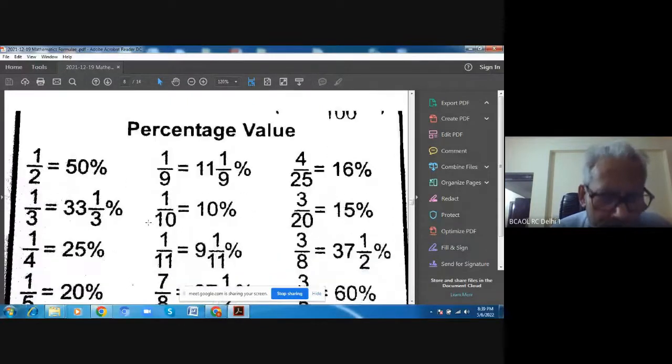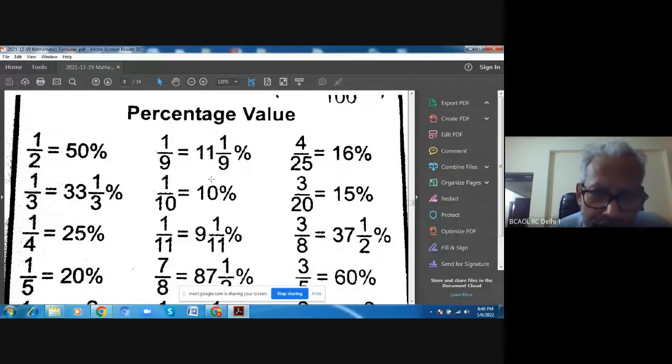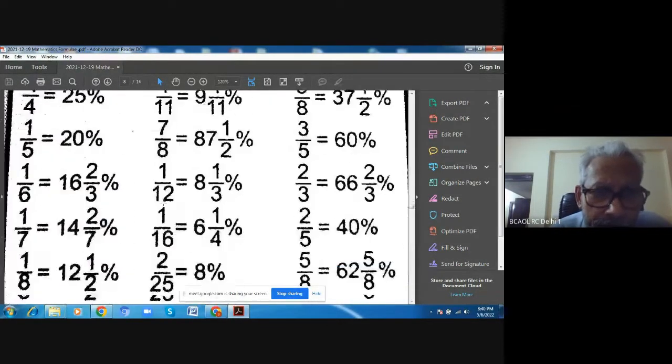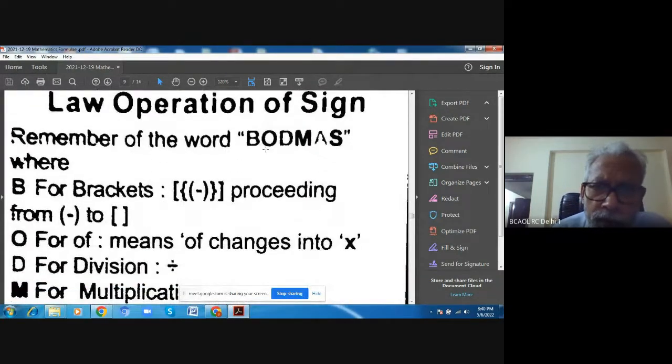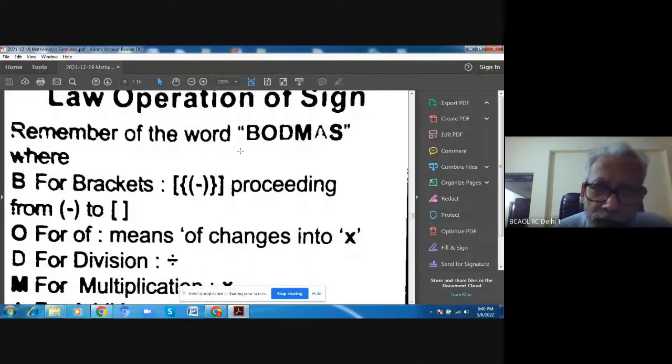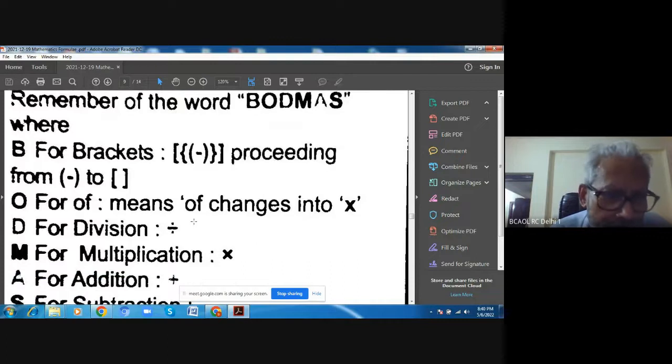Percentage values, sometimes for any competitive exams, it will be very easy for this. आप लोग को आज नहीं तो कल competitive exam देना ही है, so कई बार percentage निकालने में दिक्कत होता है, so that is also needed. So in one place, law of operation of sign, ये हम लोग बॉडमास, ब्रैकेट का काम कौन सा आगे करना है, कौन सा बाद में करना है, थर्ड ब्रैकेट का काम कब शुरू करेंगे, ये अभी भी बहुत सारे स्टूडेंट्स को कंफ्यूजन रहता है। एक फार्मूला होता है जो बॉडमास, तो फर्स्ट ब्रैकेट का काम कैसे करें, सेकेंड ब्रैकेट का गुना आगे करें या भाग आगे करें, ये कंफ्यूजन अभी भी रहता है।